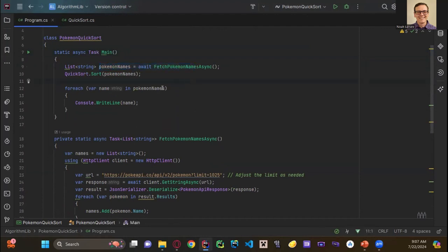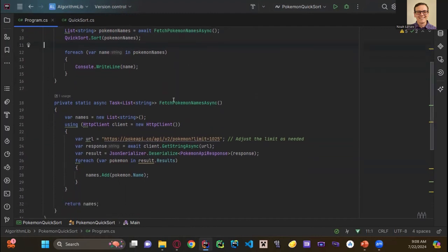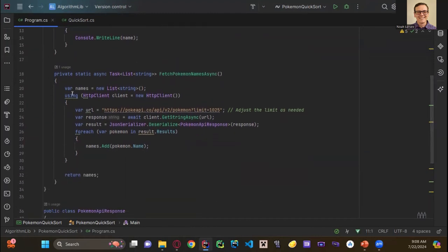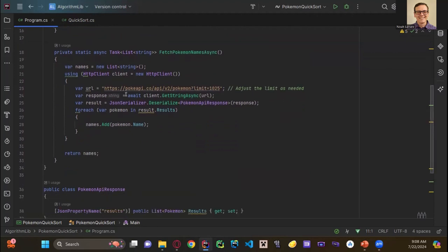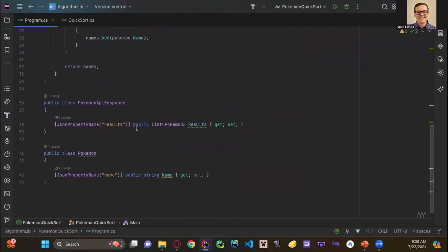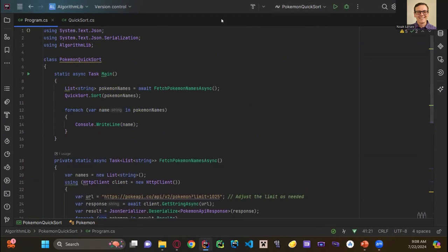And then for each name in Pokemon names, it will write the name. And this function right here basically does the API requests and creates the list for us. And then this is just to be able to call the JSON from the API requests and look for specifically the Pokemon name. So if we run it real quick,